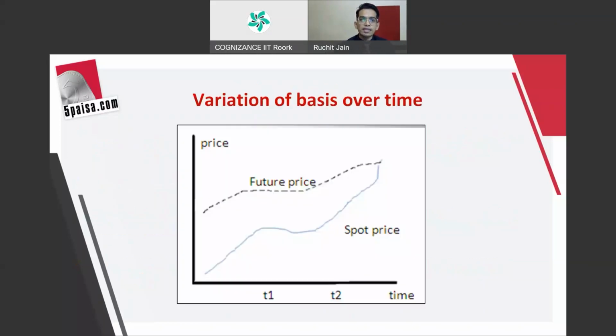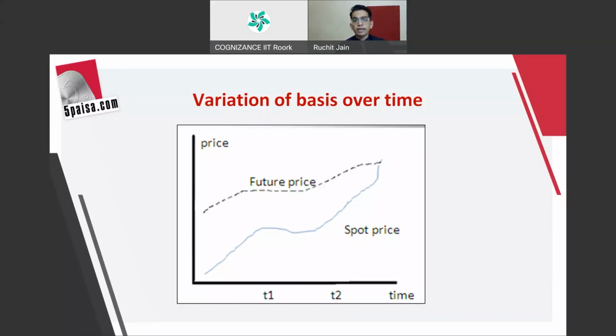Now what happens as the expiry date comes near, the futures price and the spot price difference becomes less. And on the expiry day, now when is expiry? Last Thursday of every month. F&O expiry is there on the last Thursday of every month, right? So on the expiry day, the futures price close will be equal to the cash market price. So whenever there is expiry, the futures price close is always equal to the cash market price. So irrespective of whether price is high or low during the entire tenure of the contract, the expiry day's closing of futures and the spot price will be the same. Okay, I hope you got it about the futures.